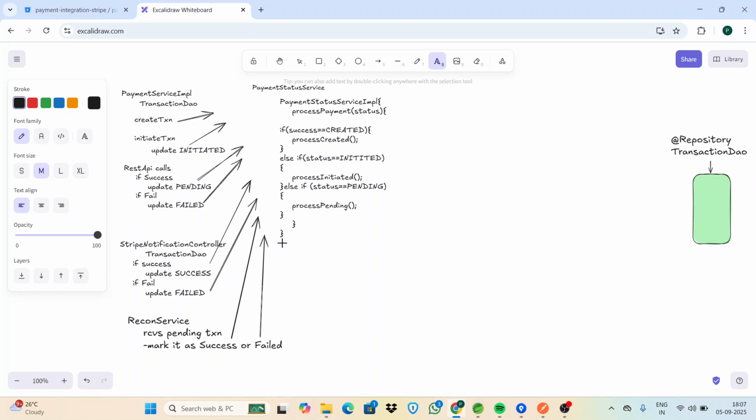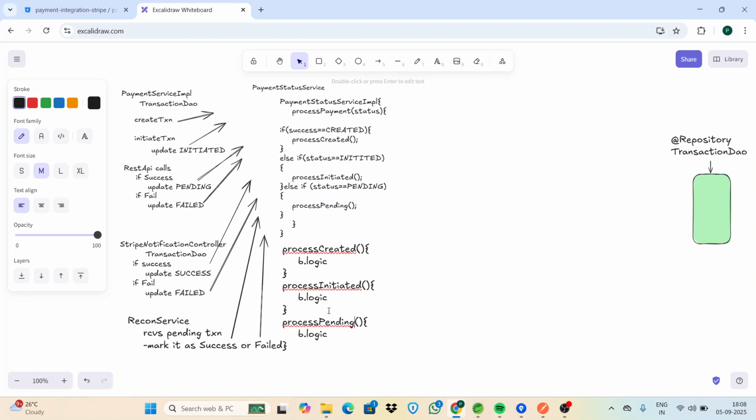And here we write these methods: process created, process initiated, and process pending. So all the business logic is written here. The length of the if else if ladder gets decreased,